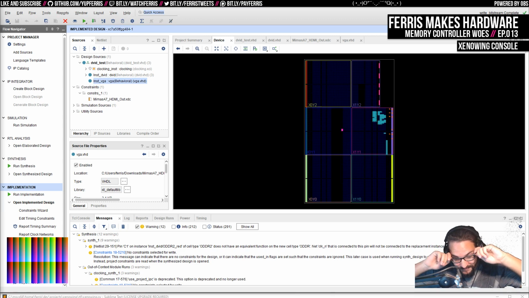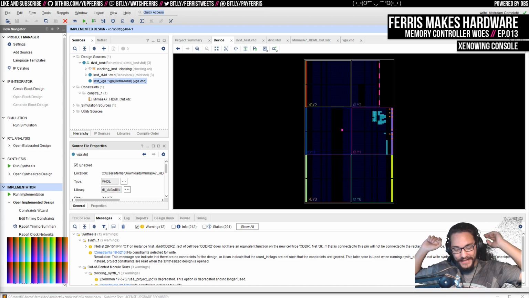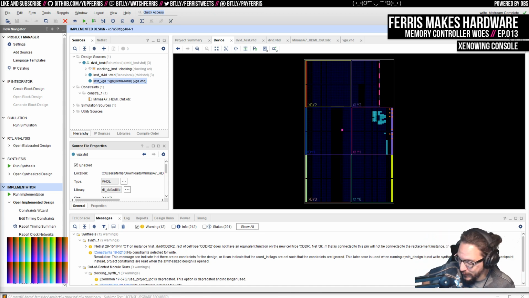But in the meantime, we're going to get the Xenowing working on the new board. And it's very realistic that what I will end up doing is kind of playing with